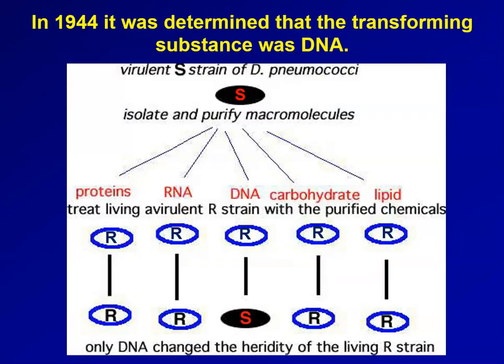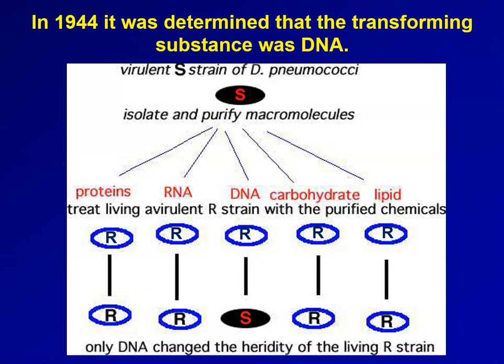So another group of scientists, a few years later in 1944, were continuing the work of Griffith, and they isolated the different organic components from the pneumonia-causing bacteria. So they basically took the bacteria and they put them in a scientific blender, if you will, to get all of the cell parts